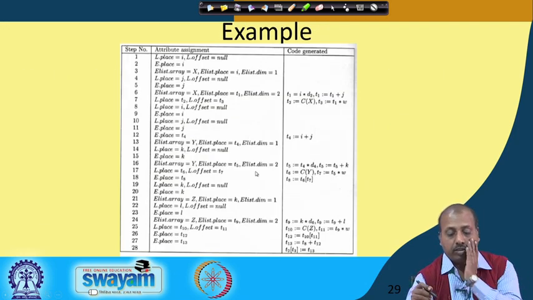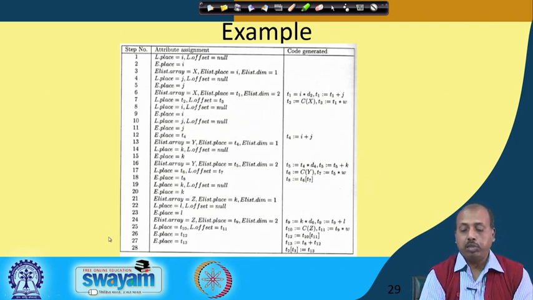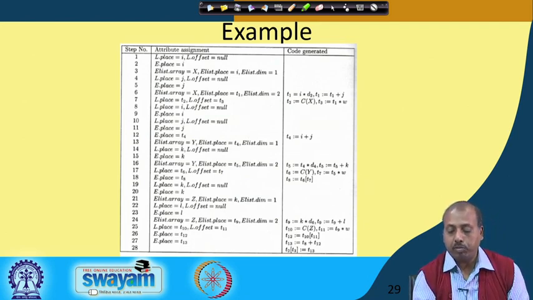Now, you can trace through this code generation process. We will do some bigger exercise later once we come to the end of this chapter, but ultimately we have got this piece of code generated.